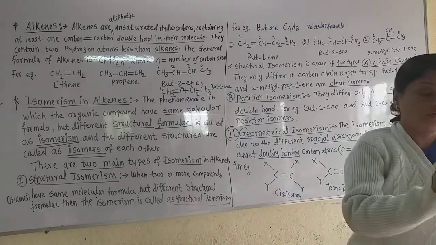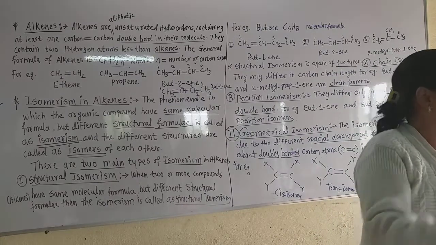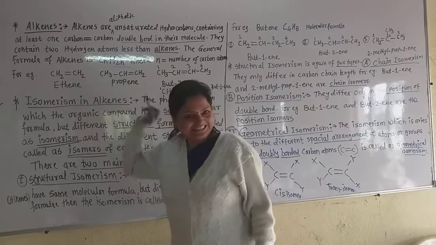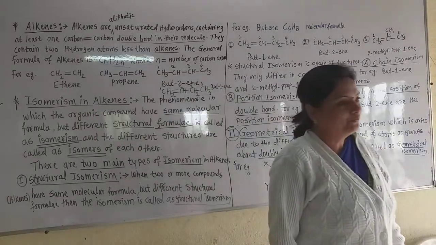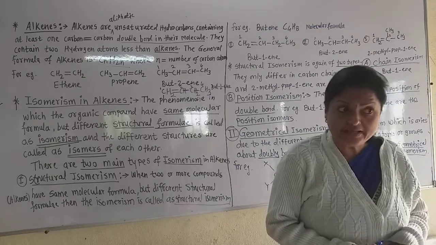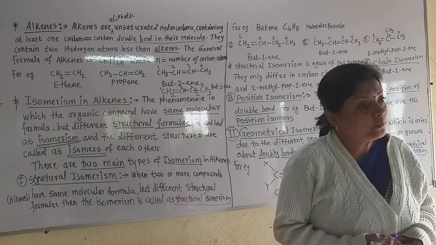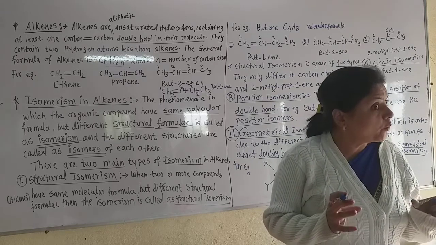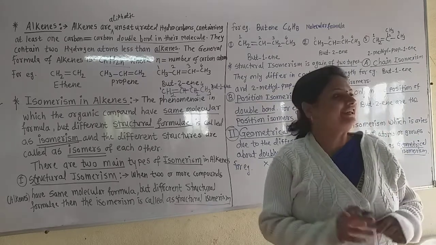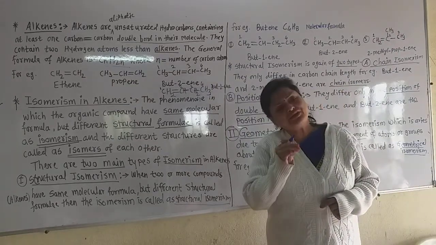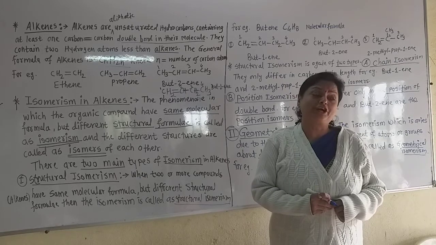In this way the structure of alkenes may be drawn. You must write the structure. Now see, isomerism in alkenes. Now the new topic that is very important. In the 14th chapter we already saw isomerism. Now what is this isomerism? This is one of the characteristic features or properties of only the organic compounds. Only organic compounds show this property. This is a very peculiar property of the organic compounds.